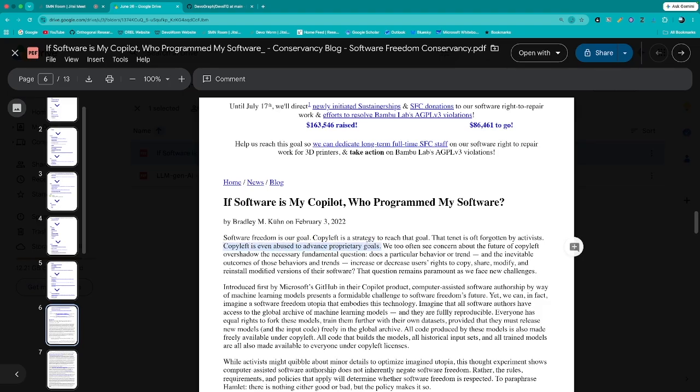So this is interesting: copyleft is even abused to advance proprietary goals. Copyleft allows great freedom to the end user of a product to modify it or use it as they see fit. And so sometimes corporations or entities will try to use open source products and enclose them in a proprietary way.